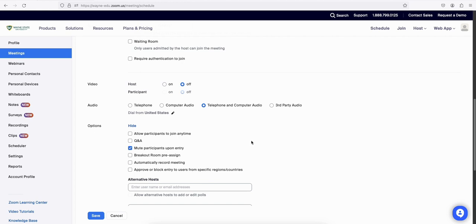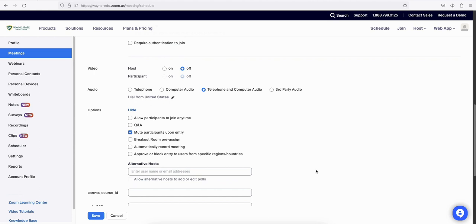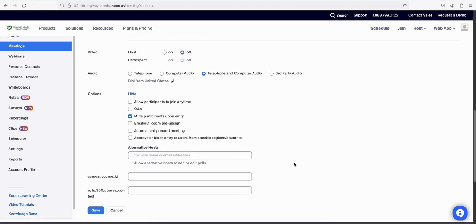That means they could join, let's say, half an hour into your meeting, 15 minutes into your meeting, before you even start the meeting as the host. Add a Q&A, automatically record your meeting once you start it, and enter any alternative hosts. You can add their name or email address, and when done,